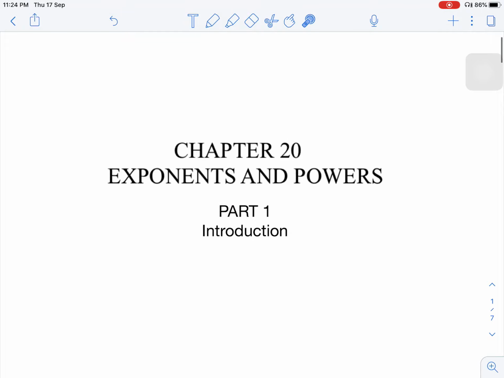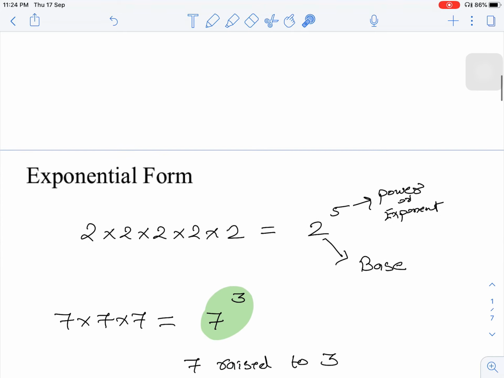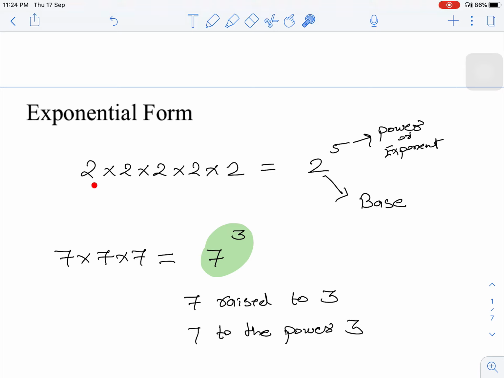So already we have learned some basic concepts related to exponents and powers. Now, when can a number be written in exponential form, and how? Let us see. Suppose we have the number 2. Here 2 is multiplied 1, 2, 3, 4, 5 times by itself. Instead of writing such a big multiplication, we can write it in a form known as exponential form, where this 2 is known as the base and this 5 is known as the